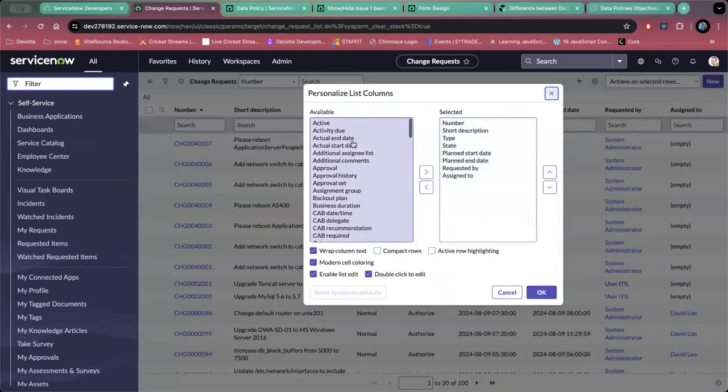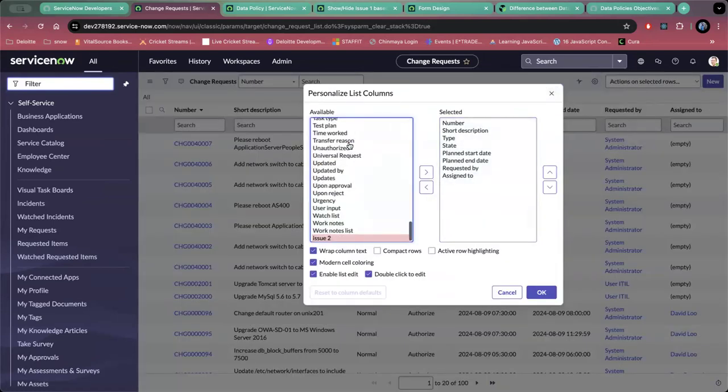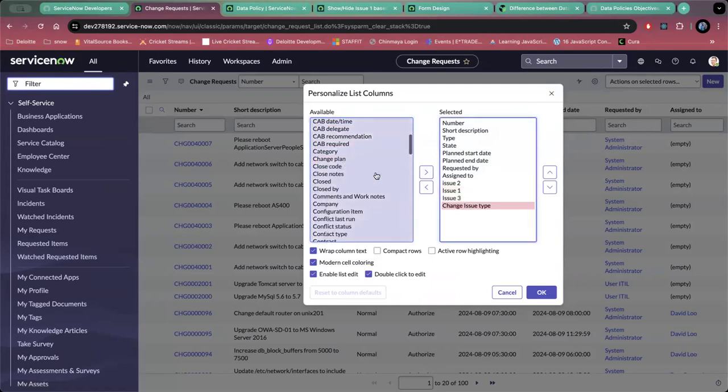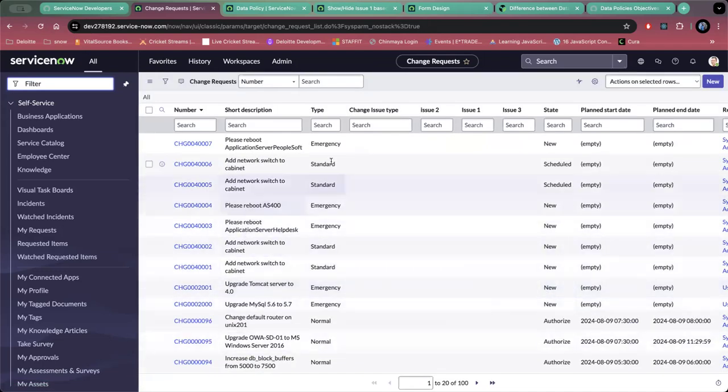and if you put issue two, change issue type issue one, and change issue type here, and I'll move all this up. So if I try to do change here, issue one, and if I